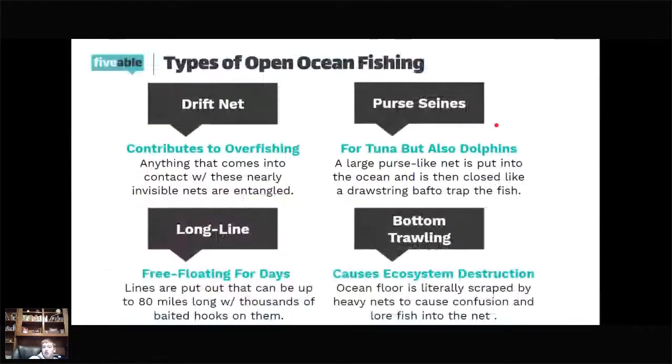All right, now on to the next type of fishing, purse seines fishing. We supposedly use purse seines fishing for tuna, but the biggest bycatch, the biggest thing that we're overfishing that we don't need to and killing is dolphins. So what happens with purse seines is you have this large purse-like net. It's just a giant thing that's put into the ocean and it's closed like a drawstring bag. Like if you've ever had one of those small bags from summer camp and you try to pull on the strings and it starts closing and it makes that little loop in the center, it traps the fish in there. And that's how dolphins get caught in it, because it'll swim into it, but then it can't swim out. It's supposed to be for tuna, but what's supposed to happen doesn't always happen in the real world.